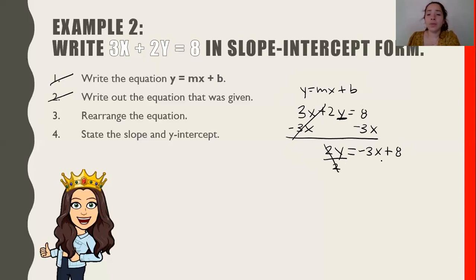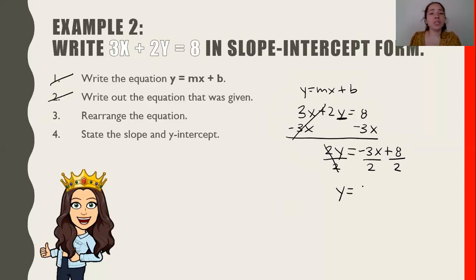And then remember that I can just write it as all of it divided by 2, but to remind me to divide each number by 2, I like to do it this way. Divide both of them by 2. That leaves me with y is equal to, now this, if I were to plug it into a calculator, it's going to give me a decimal. It would give me negative